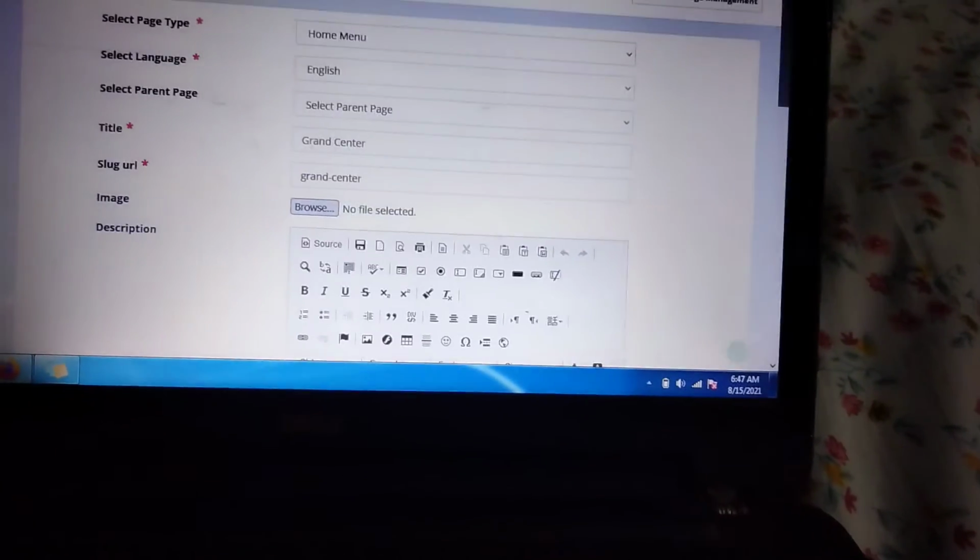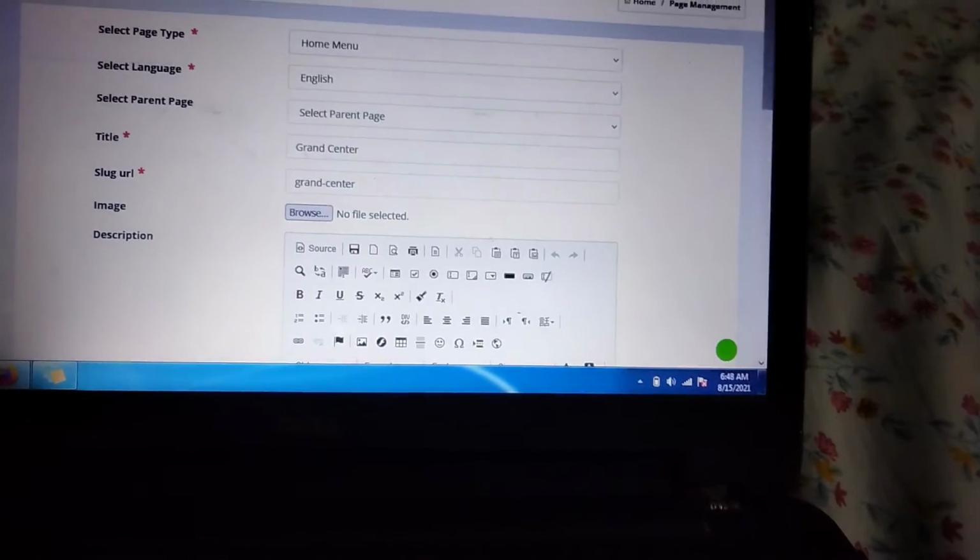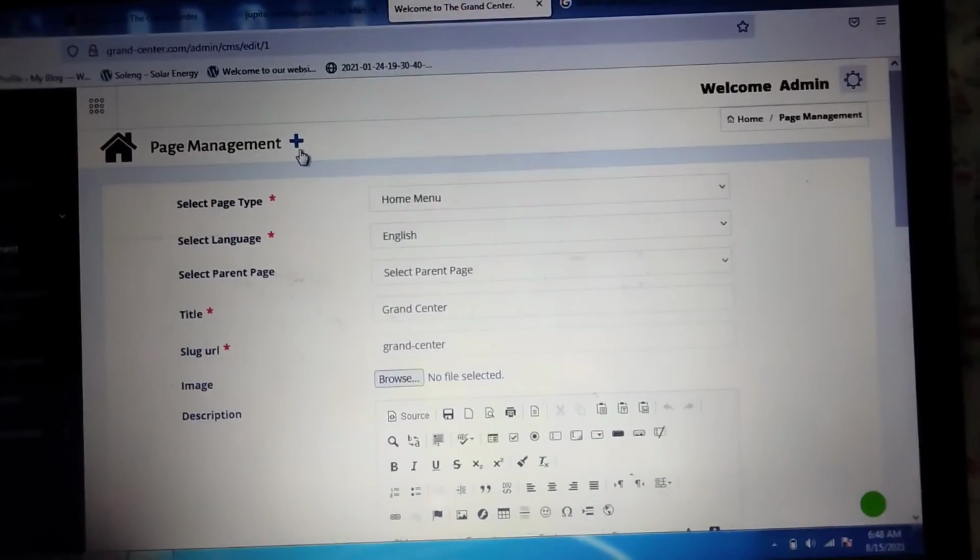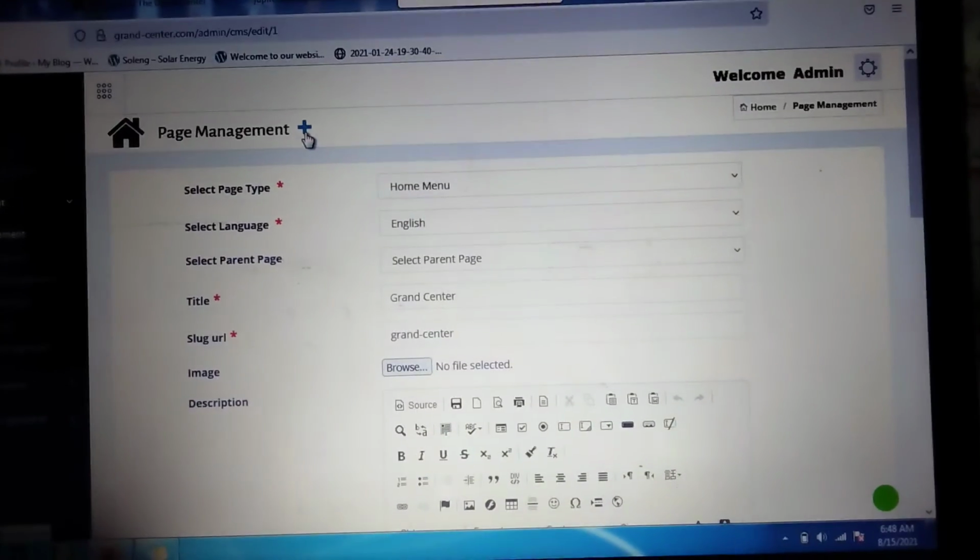Okay, so like this you can do anything, and if you want to add a new menu, you can click on page management. As you click on this, you can see the new pages, and you need to fill in the details, like what page you are creating.